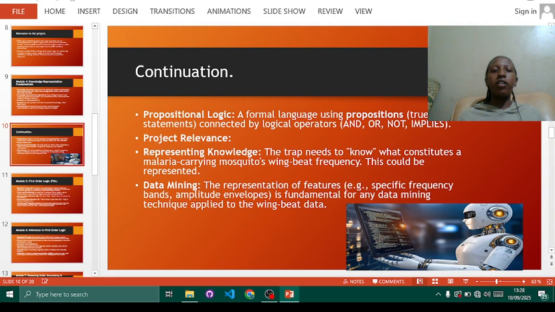How is this relevant to my project? Representing knowledge: the trap needs to know what constitutes a malaria-carrying mosquito's wing beat frequency. This could be represented